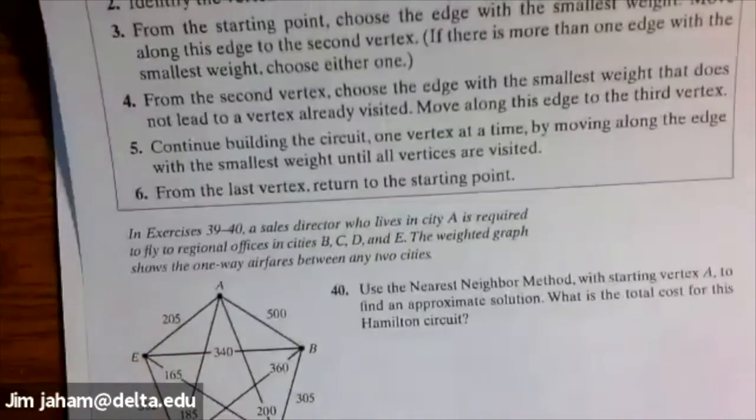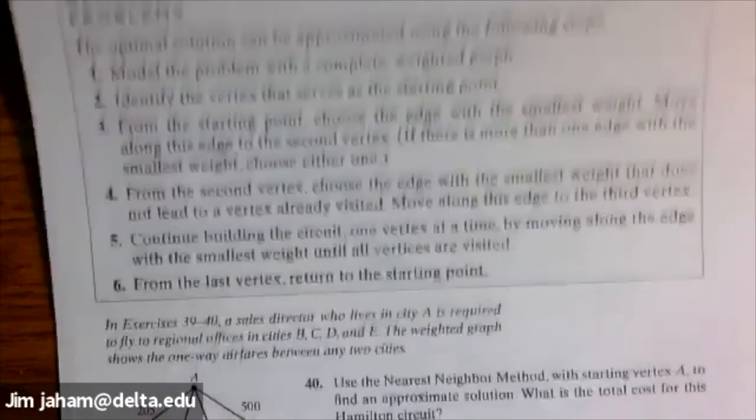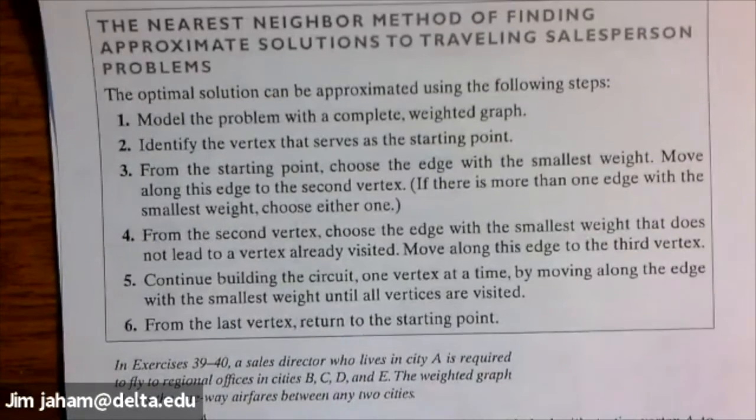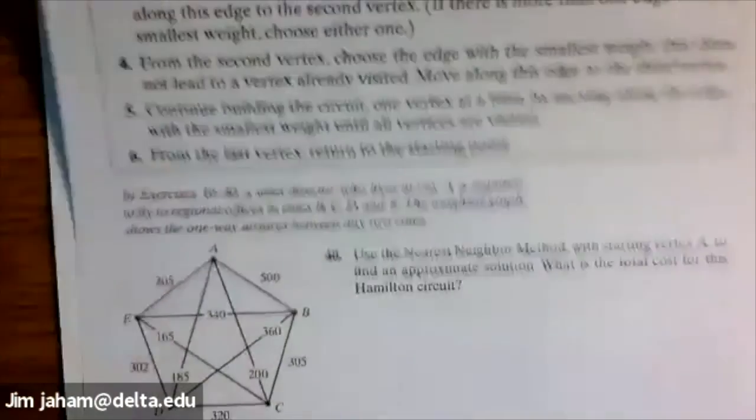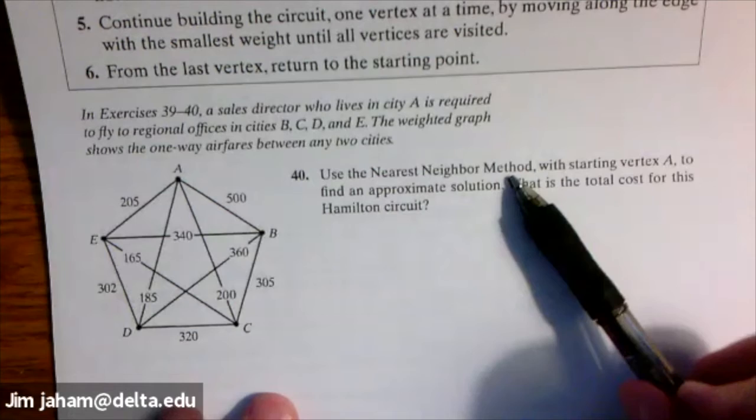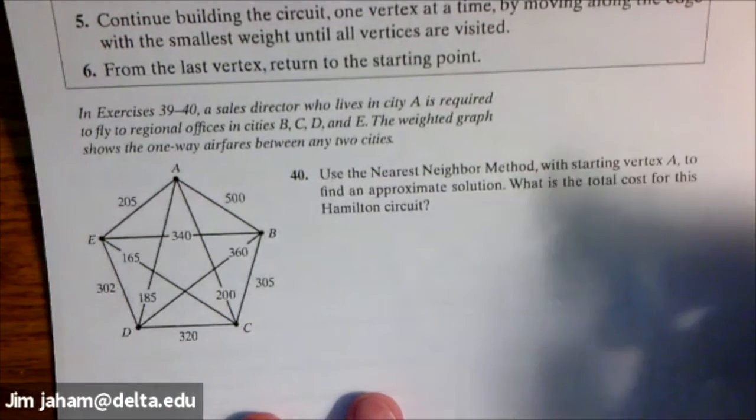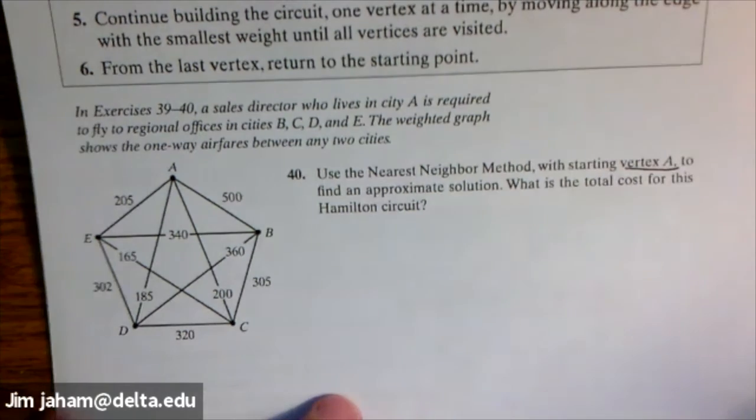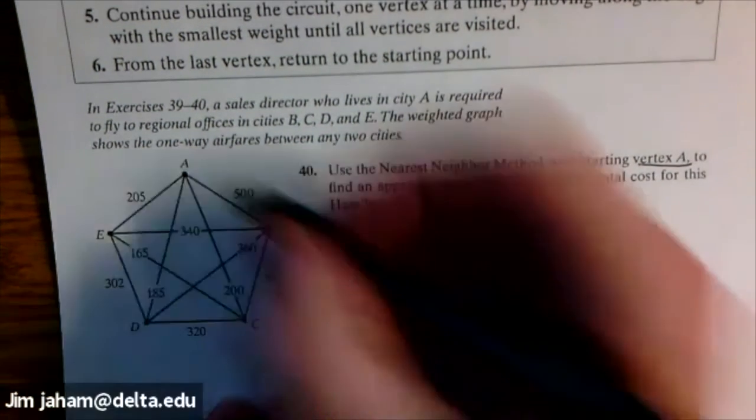It is called the nearest neighbor. The problem is the nearest neighbor method doesn't always give you the best solution, but I want to go through it anyway. So here's an example of the nearest neighbor method, starting with vertex A. So usually in these problems, they'll give you a starting point, like A. So we're going to start here,